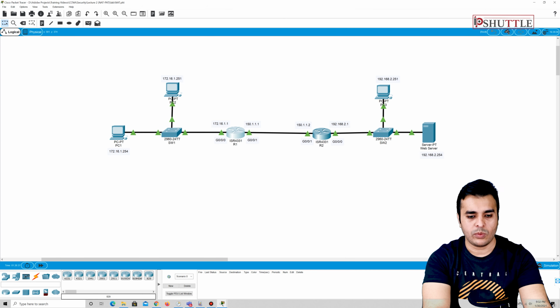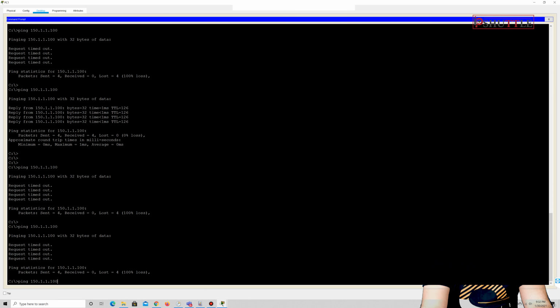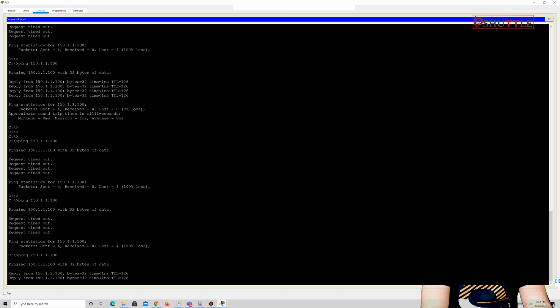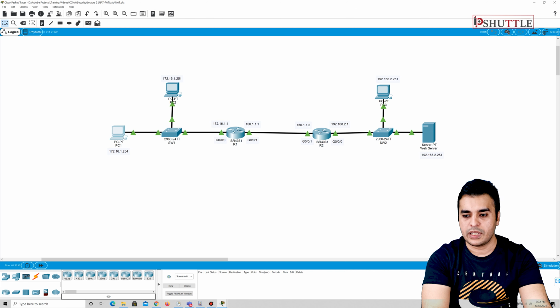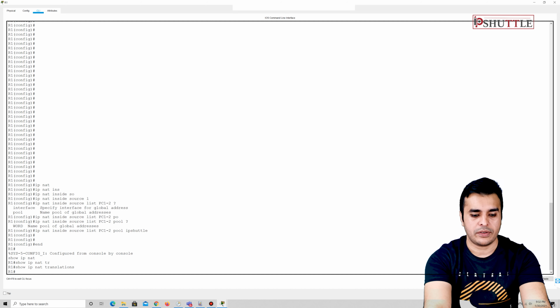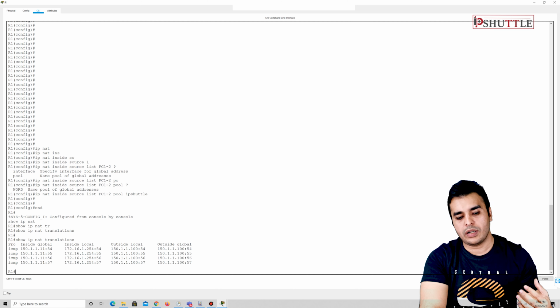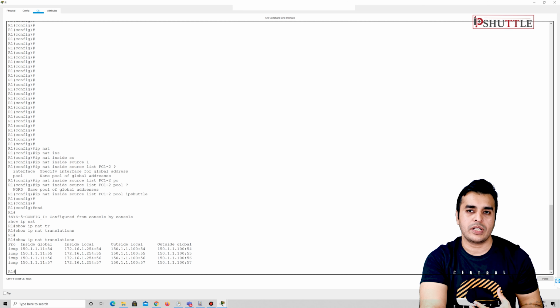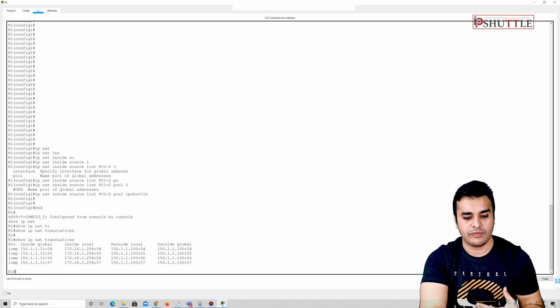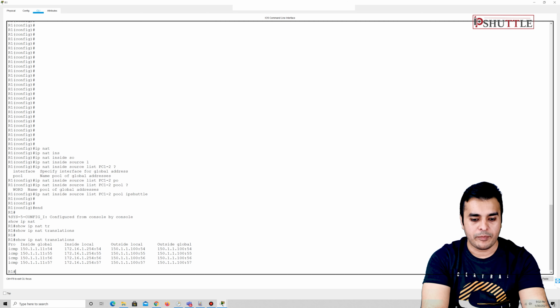Let's go back to PC1 and try to initiate this translation. If you do that, it's pinging. Let's go back to R1 and see if there are any entries. Okay, and if you do up arrow, it has initiated the NAT entries. You see 4 entries since it sent the packets. But notice here one thing, you have